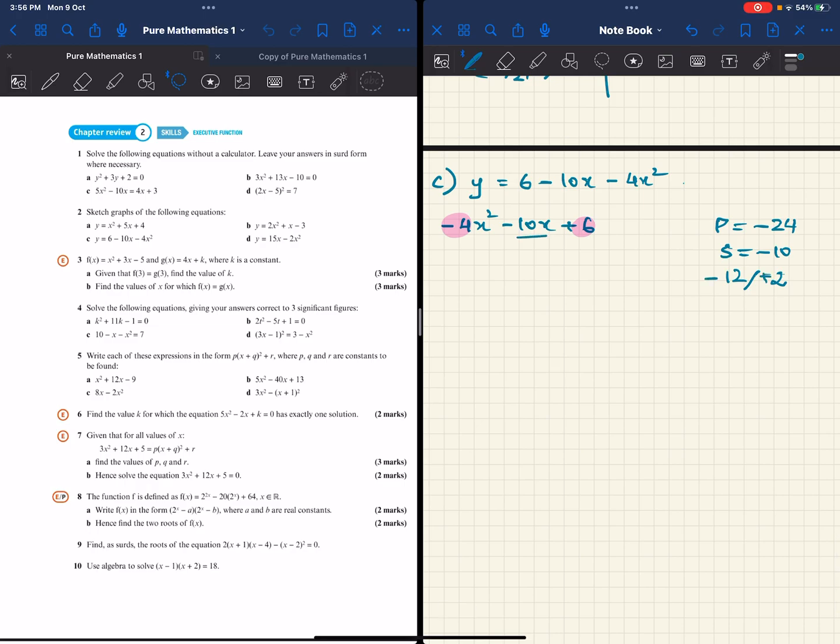So we can split the middle term minus 10 into minus 12 and 2. So minus 4x squared minus 12x plus 2x plus 6. Take common from the first two and the last two. So we have minus 4x common. So x minus 4 3s are 12. From here we have 2 common, x